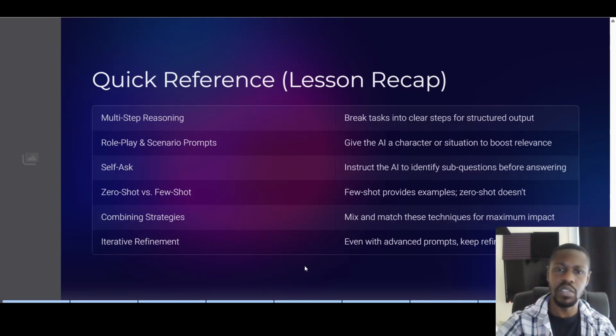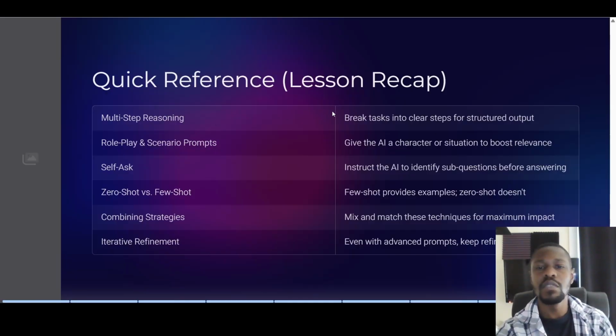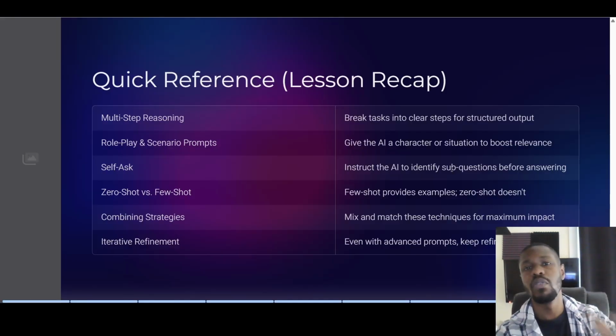And let's just go over the recap since we've included a slide here. Multi-step reasoning. Remember, it's breaking tasks into clearer steps for structured output. Role play and scenario prompts. These give the AI a character or a situation to further boost relevance. The self-ask. We didn't spend too much time on this, but it's to instruct the AI to identify sub-questions before